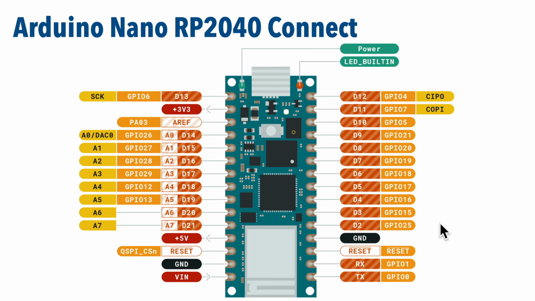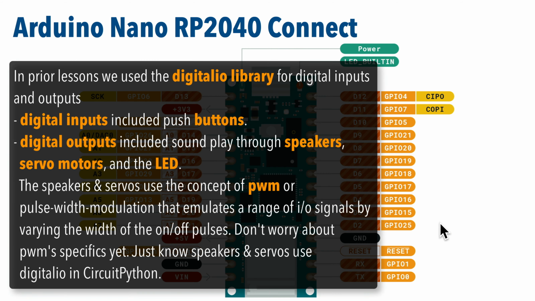Now, we've also got lots of digital pins on this board to use for digital input and output. These pins are labeled with D followed by a number on this particular board, although that could vary by board. And if you're following along with our previous CircuitPython school videos, there were lots of lessons where we used digital I/O libraries, including working with buttons. Those are digital inputs. And examples of digital outputs also include when we worked with sound, sending audio to the speaker, working with servos, where we sent out a signal to control a motor, and even the blink script that